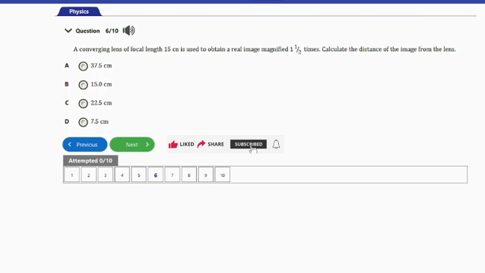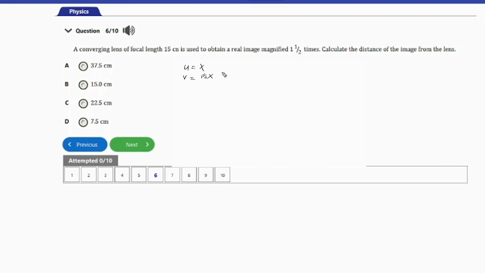The next question here is question number 6. It says, a converging lens of focal length 15 cm is used to obtain a real image magnified 1.5 times. Calculate the distance of the image from the lens. If we use the formula 1 over f is equal to 1 over u plus 1 over v, so we are going to have that u is actually equal to x. So let's say u is x, and then v is going to be 1.5